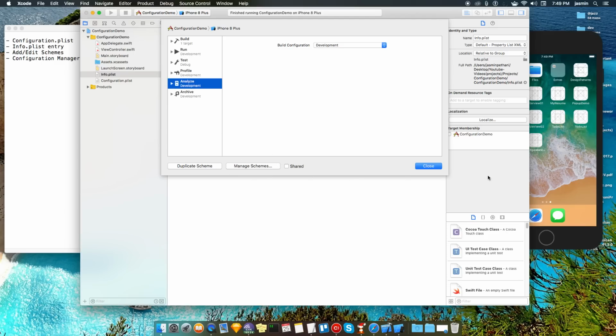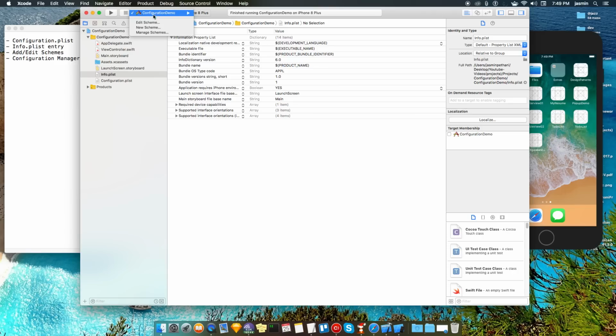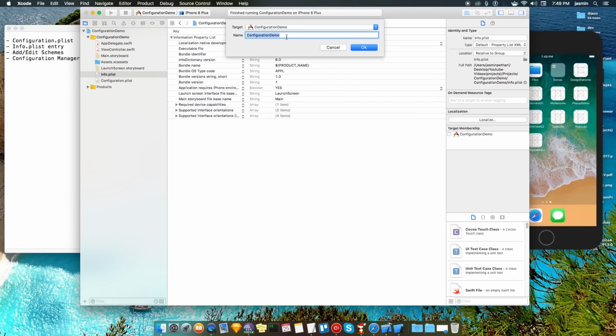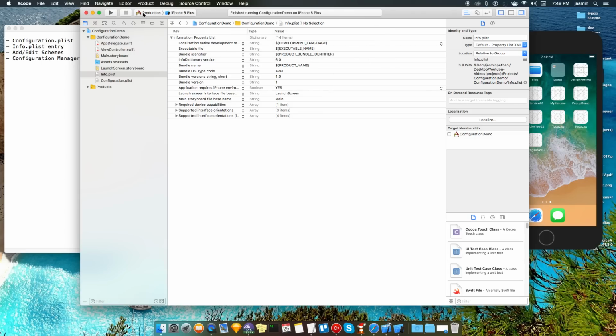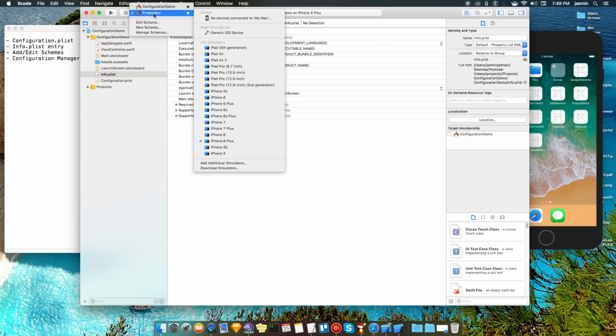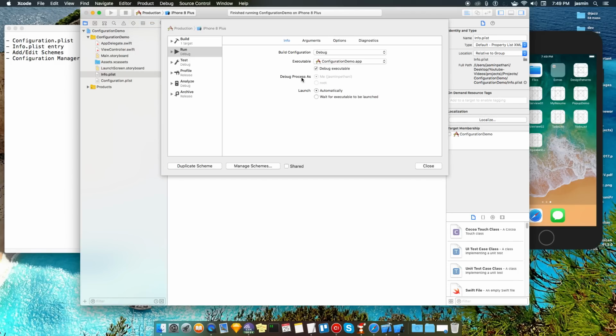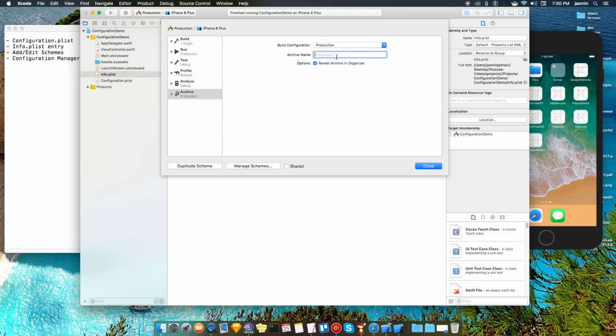Now we need to add a new scheme for production. So we'll add production. As you can see, the target has been changed for production, so let's edit that. For production we don't need to use debug executable, so change it to production over here, and for archive too it's production, and production is the name.